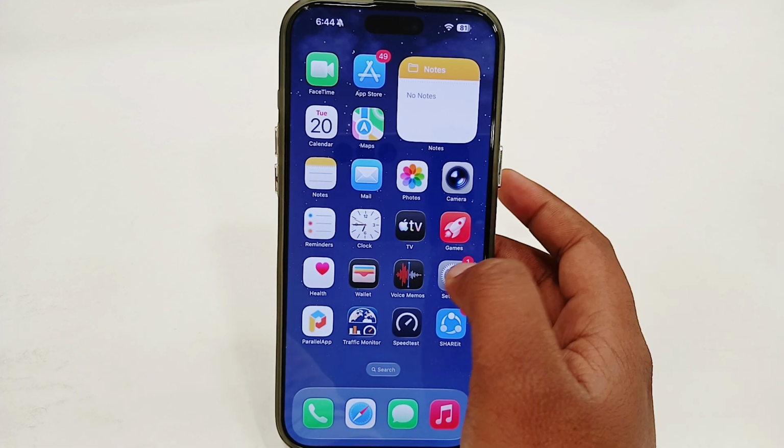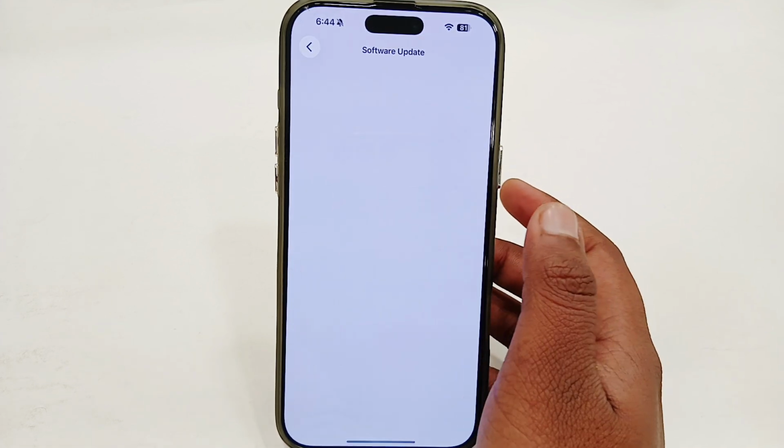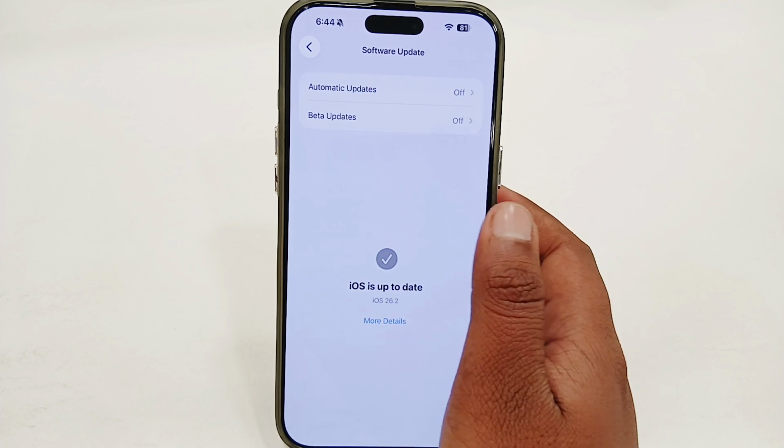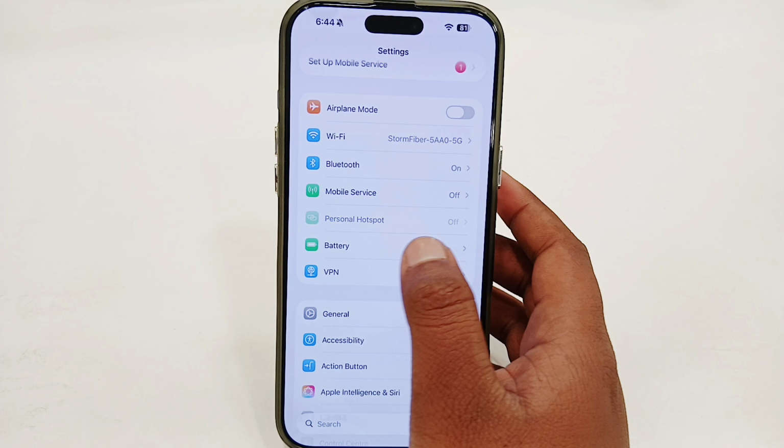So you just have to simply go to your settings app, go to general, go to software update, and just try to update your software. Once you have updated your software, you just have to simply go back, and if you're finding the issue, so